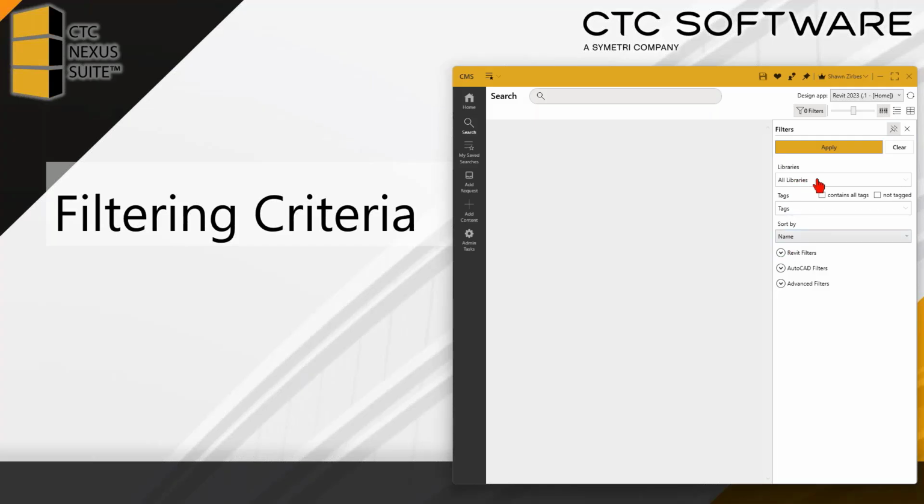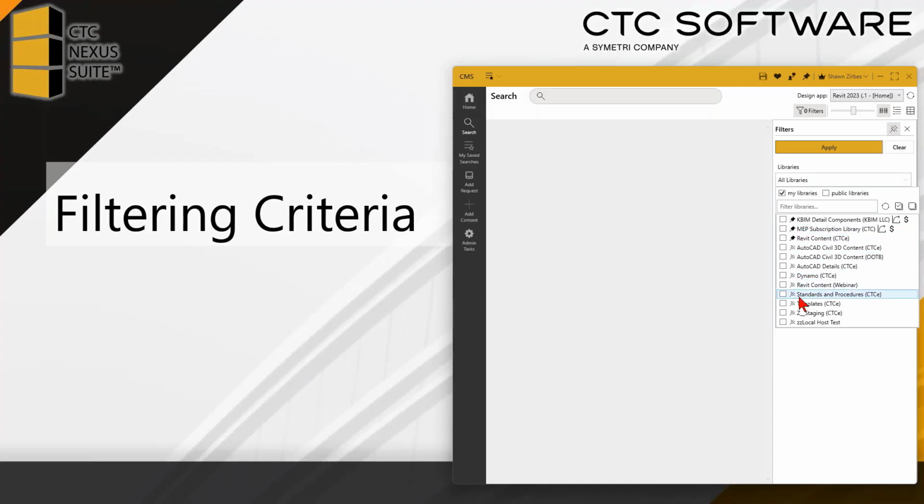So first off, of course, there's libraries. Libraries is your list of your private libraries that you have internally, but you also have access to public libraries for those that are available. And in both cases, your libraries and your public libraries, you can do things like pinning certain things to the top to make them easier to navigate. We talked about some of these things in the user learning series, but also this can be beneficial for you